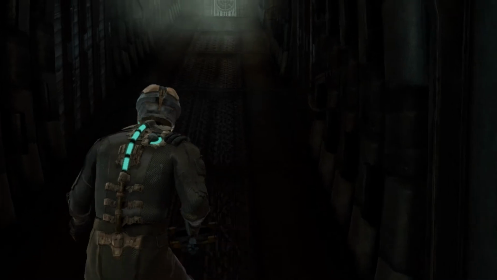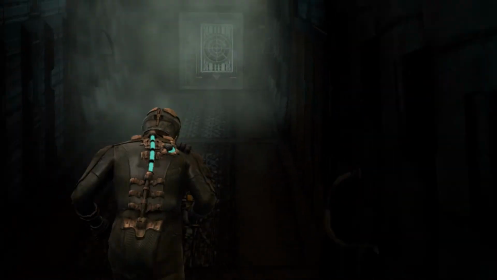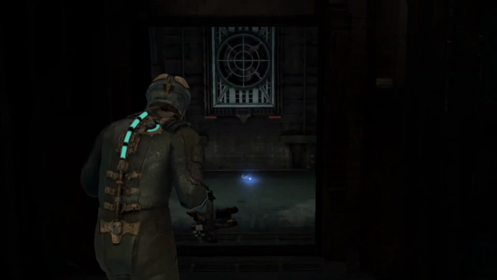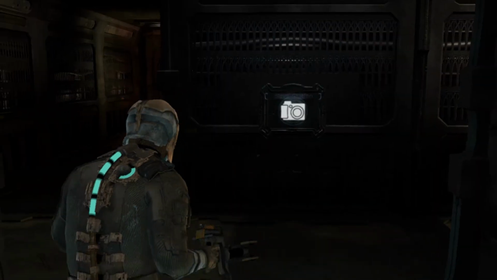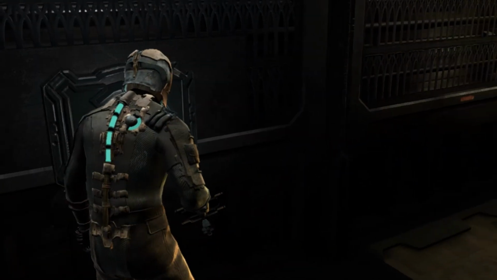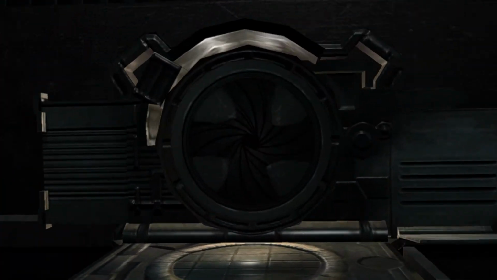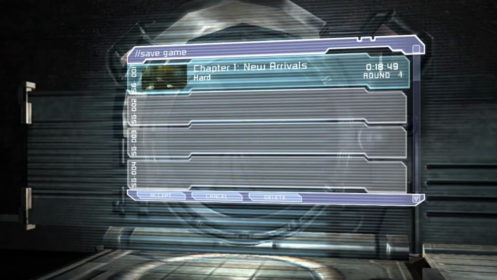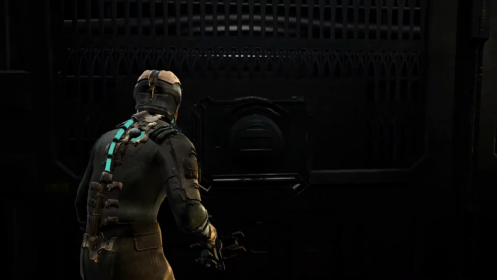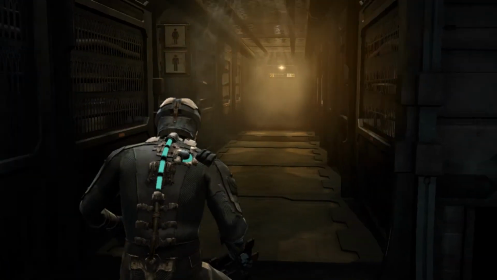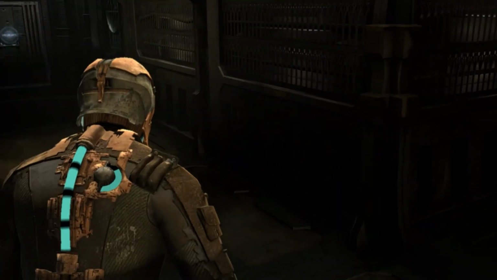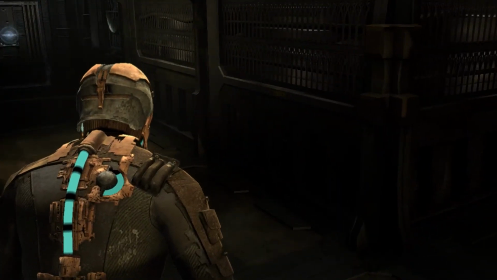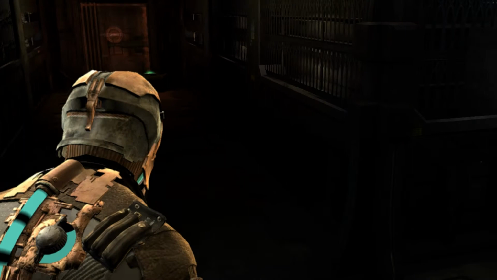Alright, so you can use stasis to slow objects and, more importantly, enemies. Which is great if you're being overrun. You can target a single enemy, slow him down, take care of the guy in front of you, and then the other guy will speed back up. And you can take care of him too. Stasis is a great thing. I'm so glad they put it in the game. It's got a number of puzzle-solving applications too, as you'll see.